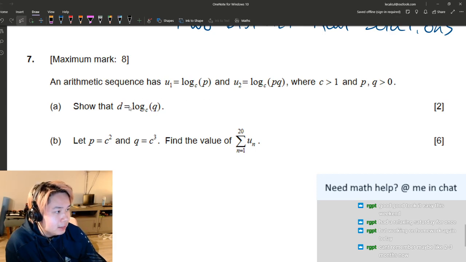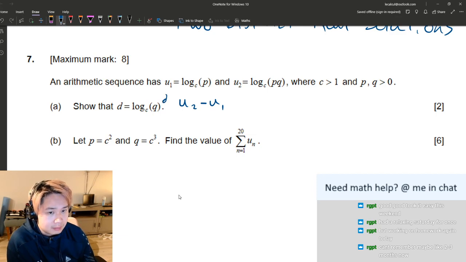So show that the difference is this. There's lots of ways to do this, but traditionally, if we had two consecutive terms in an arithmetic sequence, if we just subtract them, we should get the difference. So using our actual values of U2 and U1,